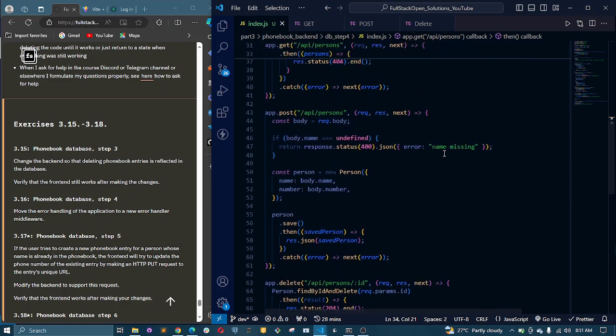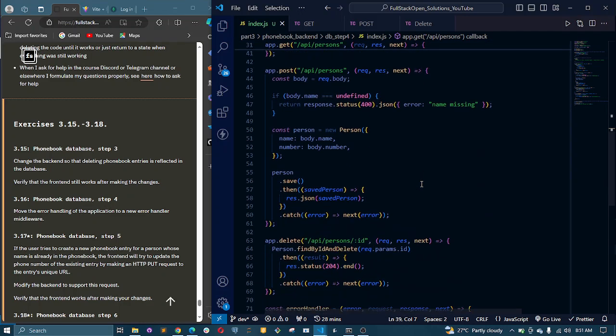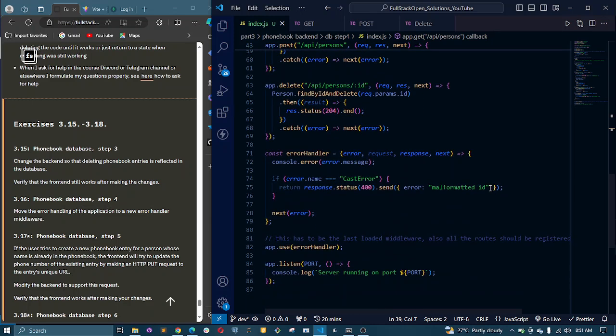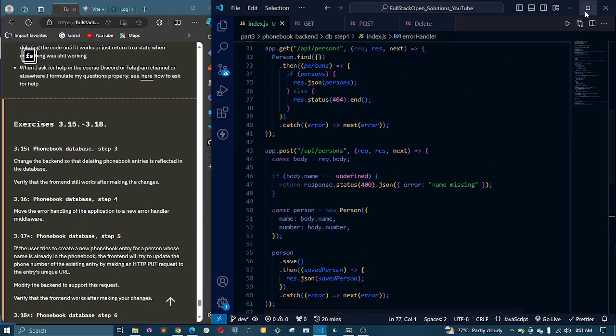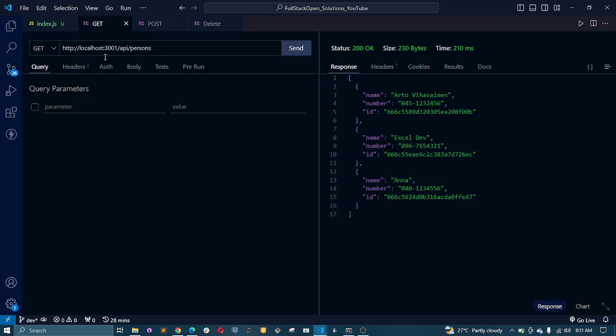All right, now let's test if this works properly using the delete request, right? So we are expecting that if we try to delete a particular entry that does not have the correct ID, we should have the error that says malformatted ID, right? That should be a cast error. So let's maximize this and then go to the get. Let's see what we have in the get. Let's try to get the data we have. So right now, these are the data we have, right? So let's see if we can delete